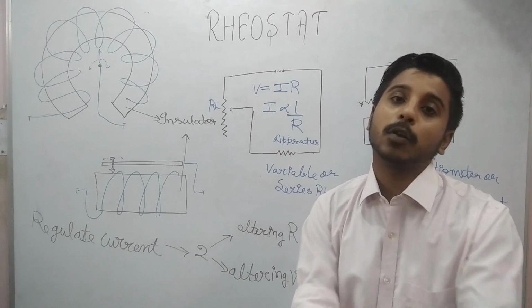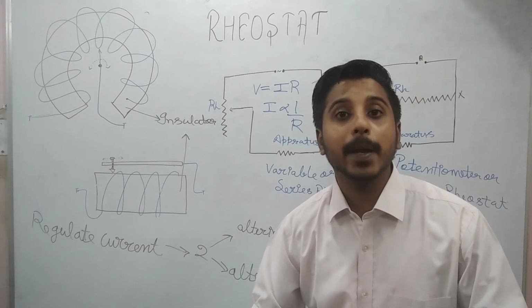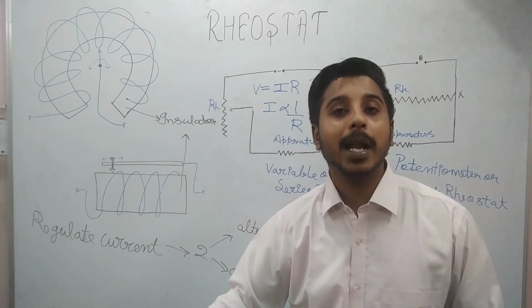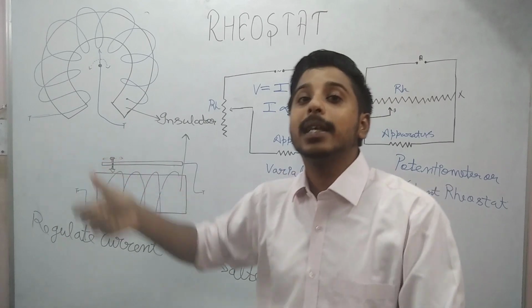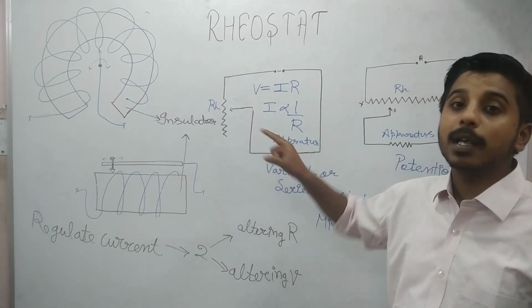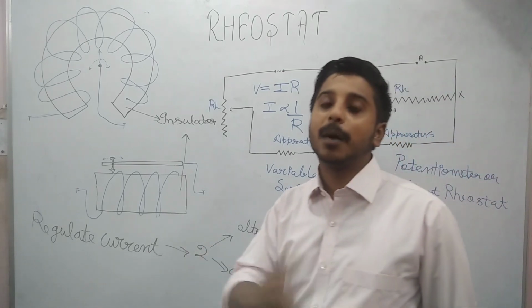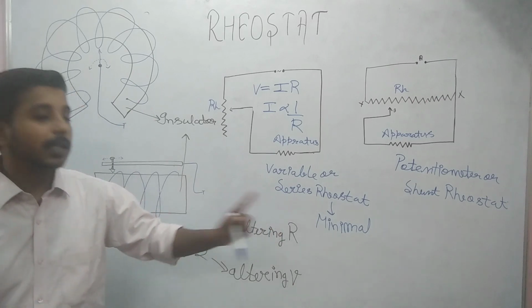You will place the electrode, and he will receive a shock. He will not be mentally prepared, because when we use a particular modality such as TENS, first of all we place the electrode, then we slowly increase the intensity which was initially 0. But here the current never becomes 0 initially in a variable or series rheostat.